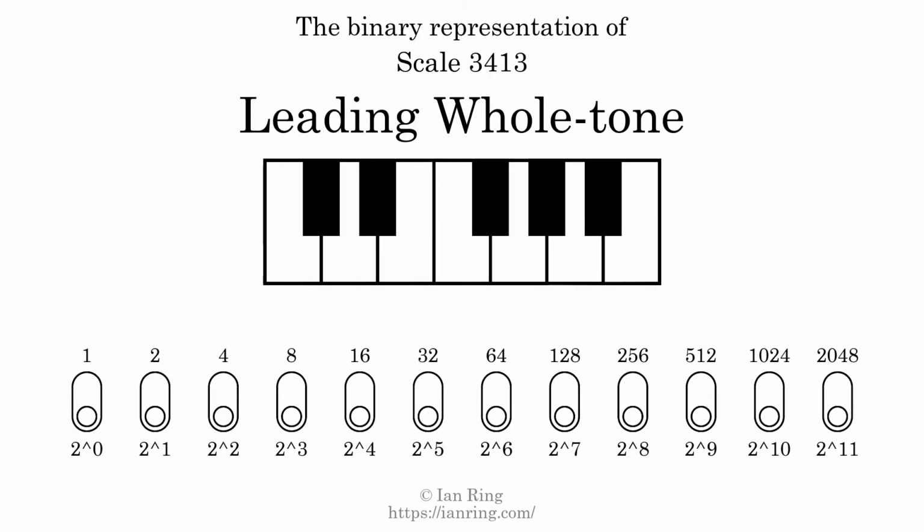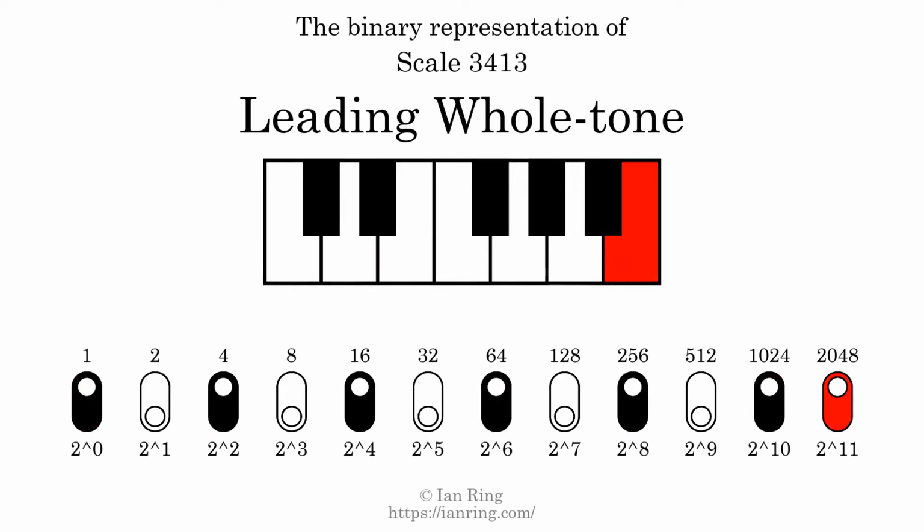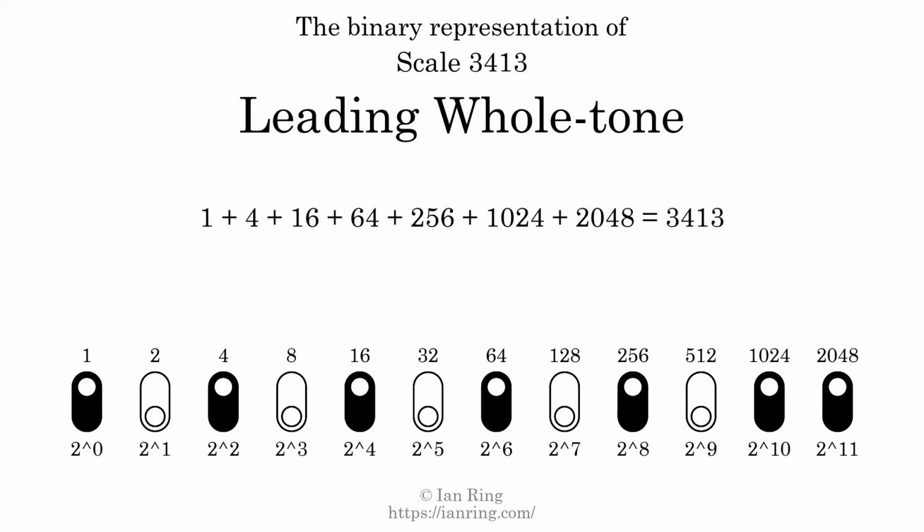The binary representation of this scale is determined by mapping tones of the scale to binary digits. Each binary digit represents a power of 2. To get the scale number, we add the powers of 2 together. The powers of 2 that are present in the scale, all added together, equals 3413. That is why the scale number, in decimal, is 3413. The scale number not only enumerates the scale with a unique index, but it also literally describes the tonal content of the scale. Represented as a binary number in base 2, the scale number is